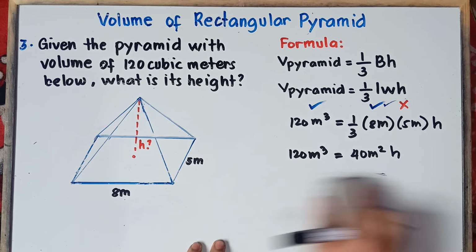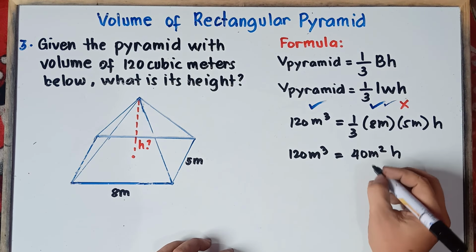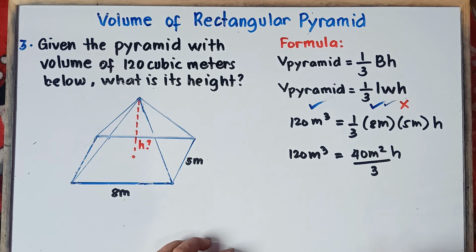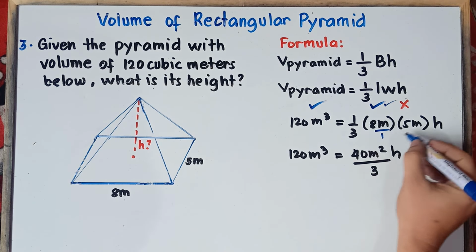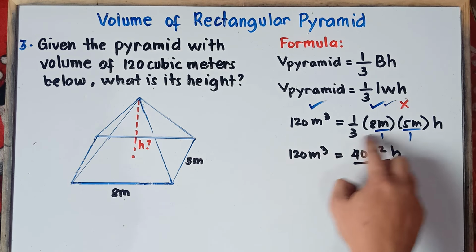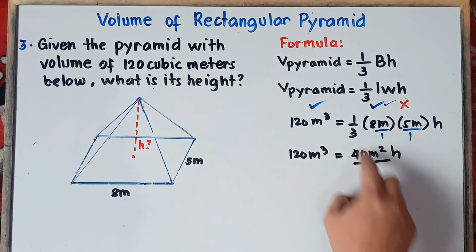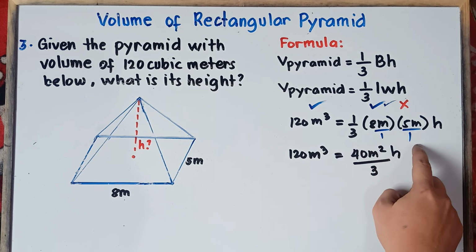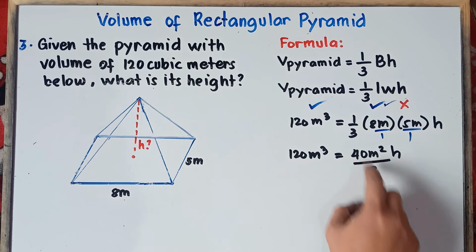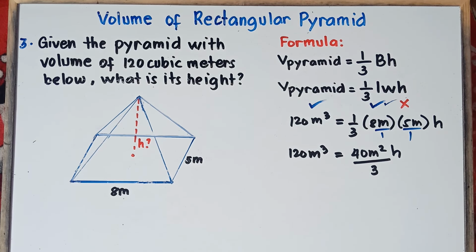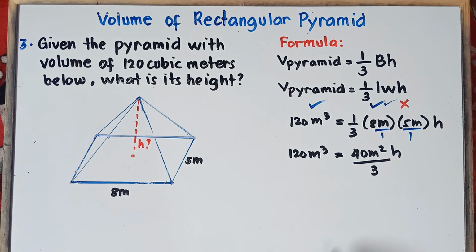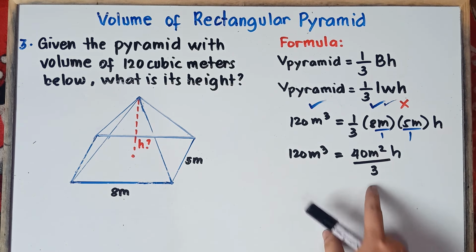Alright, and then divide by 3. We still have divide by 3 because understood that there's 1 here. You can put over 1, that's okay. So 3 times 1, that's 3, times 1, that's 3. So simply copy 3 because 3 times 1 times 1, the answer is still 3. Now in this scenario class, since we cannot divide 40 by 3,